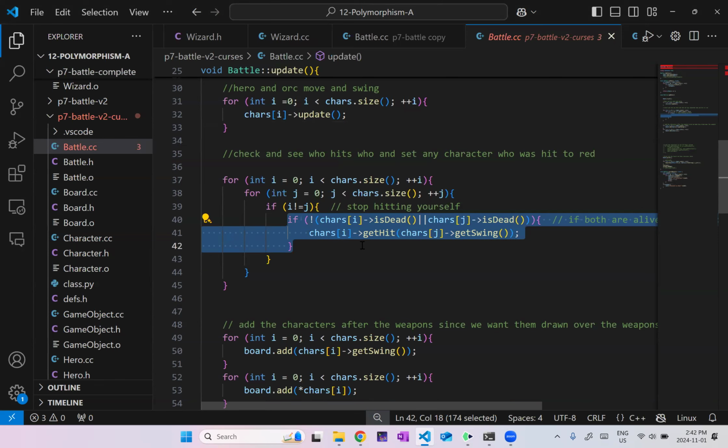So if you see something like this, I have a bunch of characters here, and I'm exposing a lot of character details. Like the is dead here is just half of it. This is a double for loop where every character tries to hit every other character. Some of the details I'm exposing are this is dead function, which I don't necessarily need to do here, and this get hit, get swing, right? So now I'm exposing the fact that I'm using a swing object or whatever,